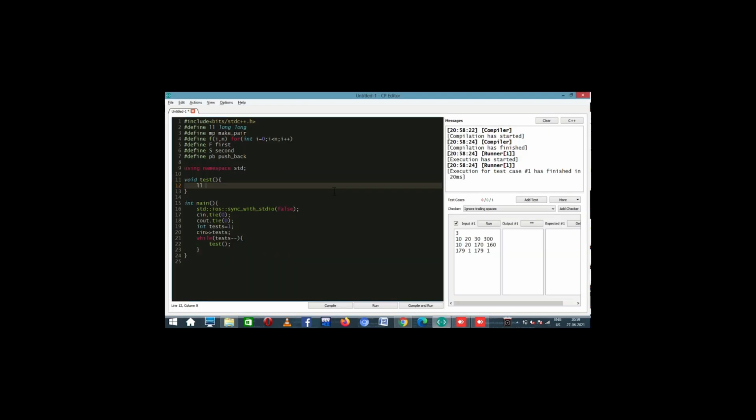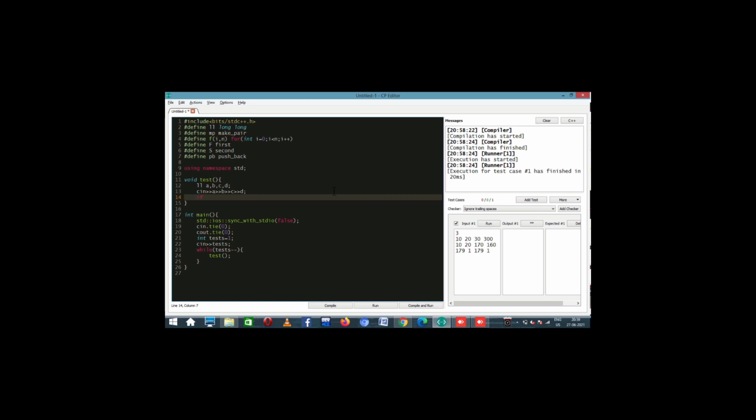We were asked to check if A, B, C, D are the angles of a cyclic quadrilateral, and they gave us the definition also: if and only if the sum of opposite angles is 180 degrees. So all we had to check is that A plus C is equal to B plus D is equal to 180, and so yeah, this was it. You just have to do this.